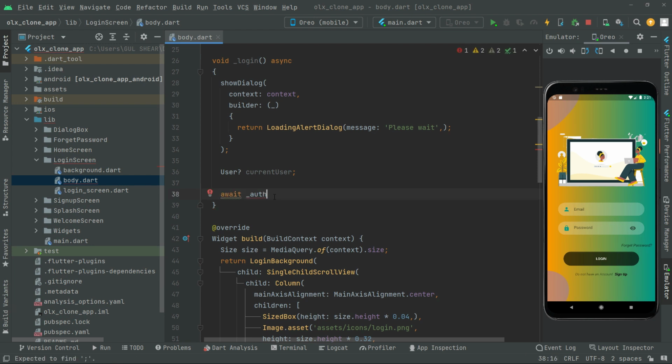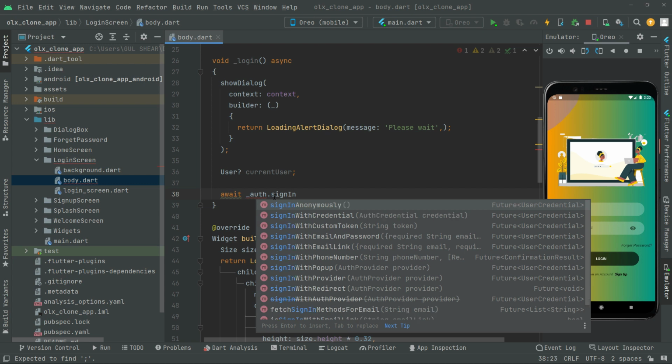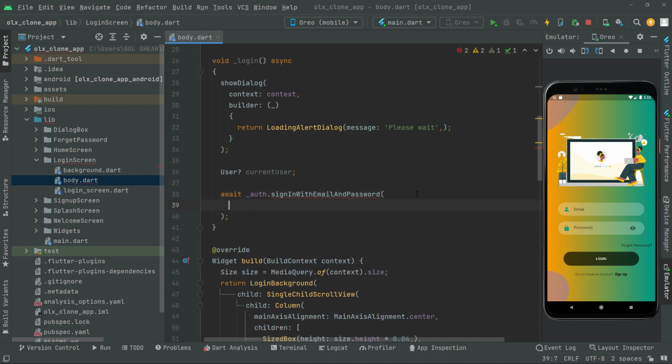Auth, then we say dot sign in. We didn't see the suggestion yet. There we go. Sign in with email and password. It is going to authenticate the email and password for the specific user. So now we will just remove it and add it one by one. Write it and semicolon and take this down. In there, let's provide the email first. So our email, it's right inside